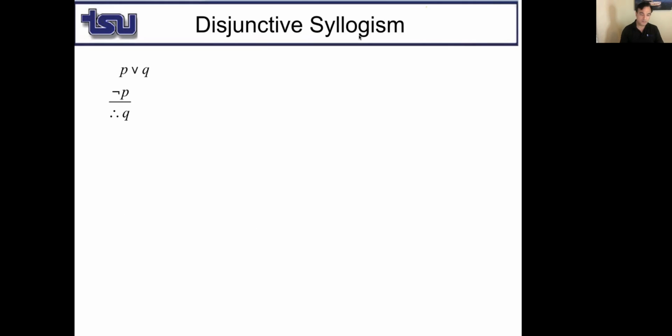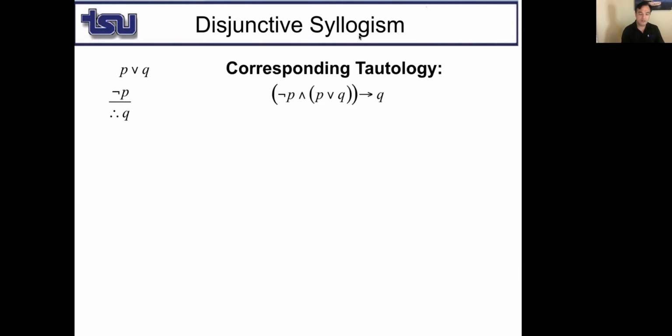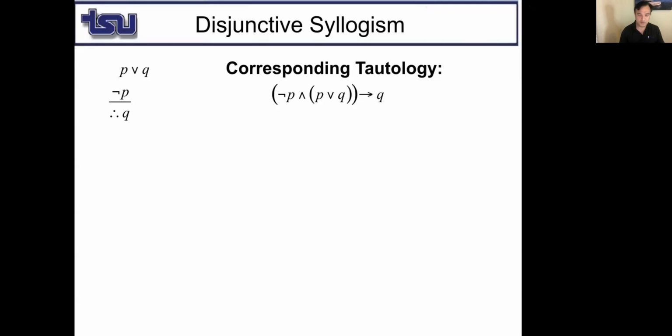Disjunctive syllogism is very easy too. If P or Q is true, and if P not is true, then Q must be true, okay? So you can easily show that this is a tautology as well. I mean, you don't have to even use the truth table for this. All right, this time let's not use the truth table, but we know directly that this one